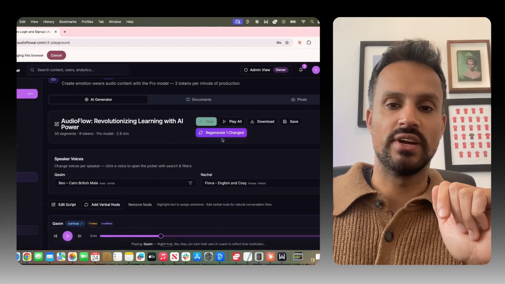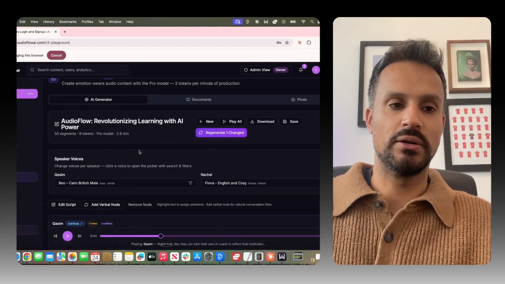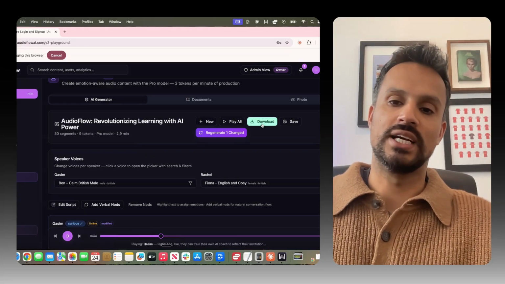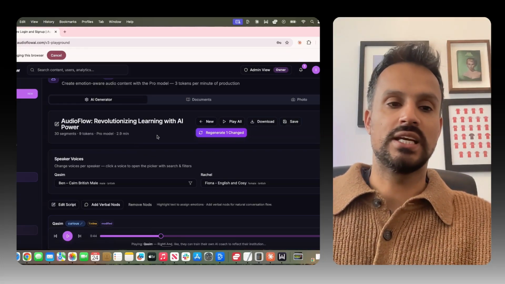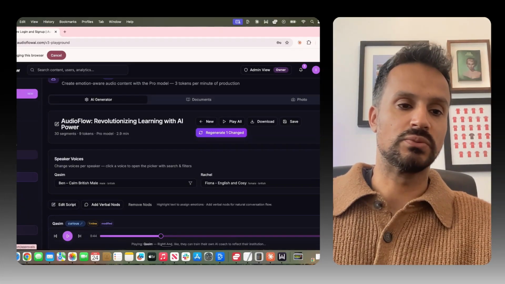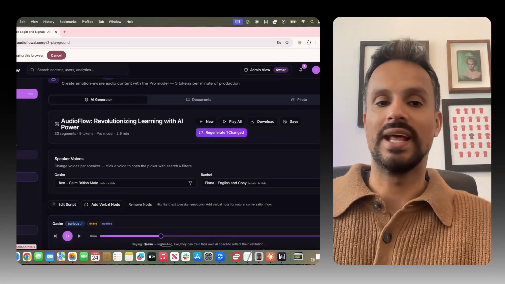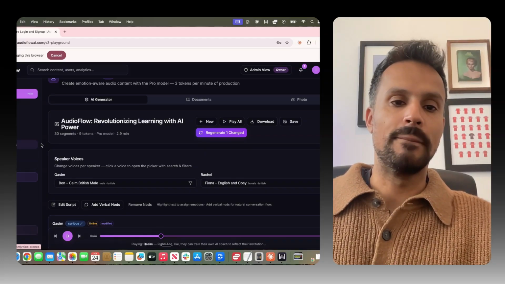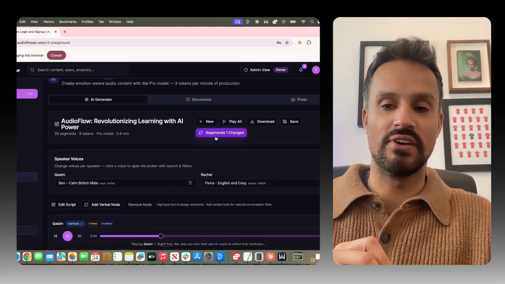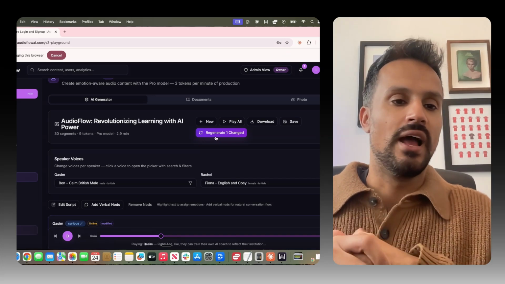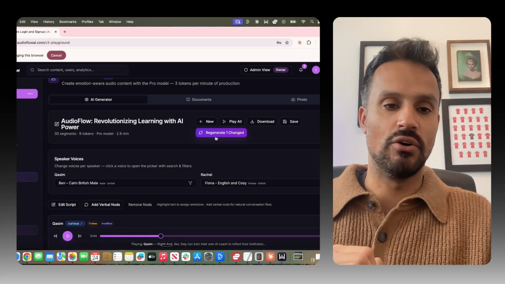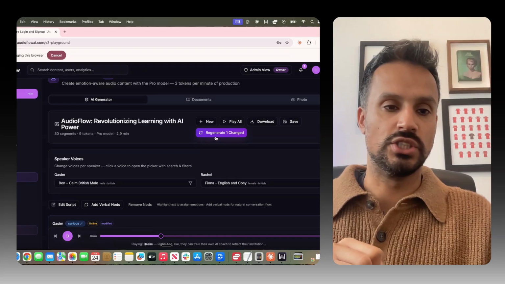Then you just regenerate again at the top, and then you can keep going back and reiterating the podcast until you're happy with it. You can download it directly as an MP3, and you can save it so it stores all the files in the library as well as the approvals. Like I said before, you can go back and edit as well. So that's basically the podcast generation. You saw how fast it was to generate that podcast. It literally took us a few minutes. And you can keep generating different types of podcasts depending on the content that you want to do.